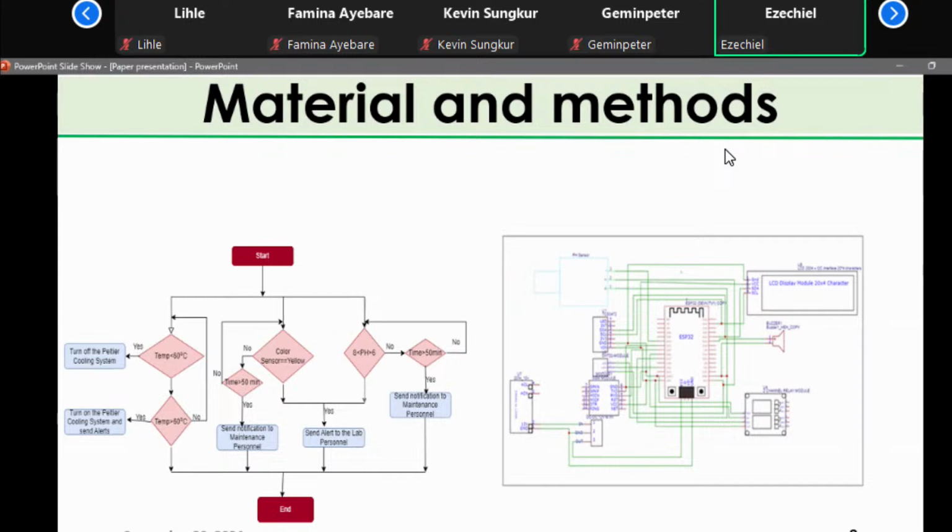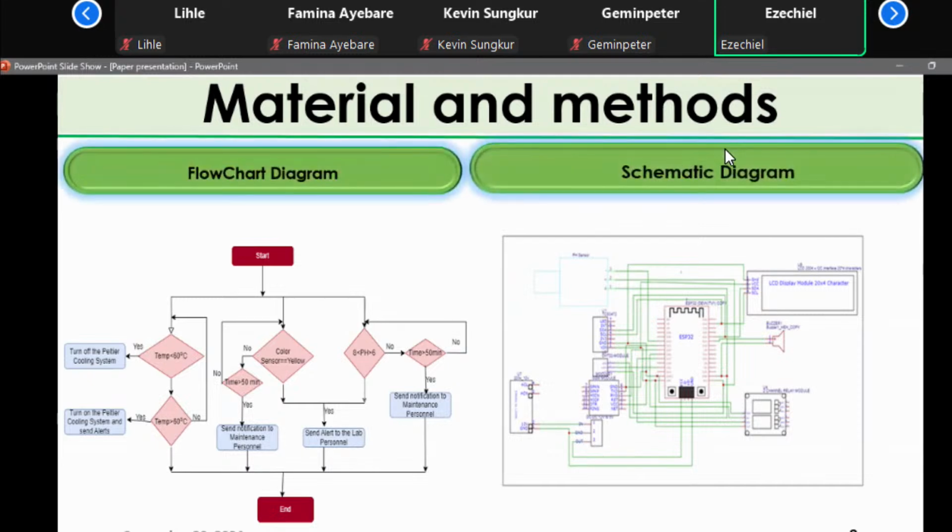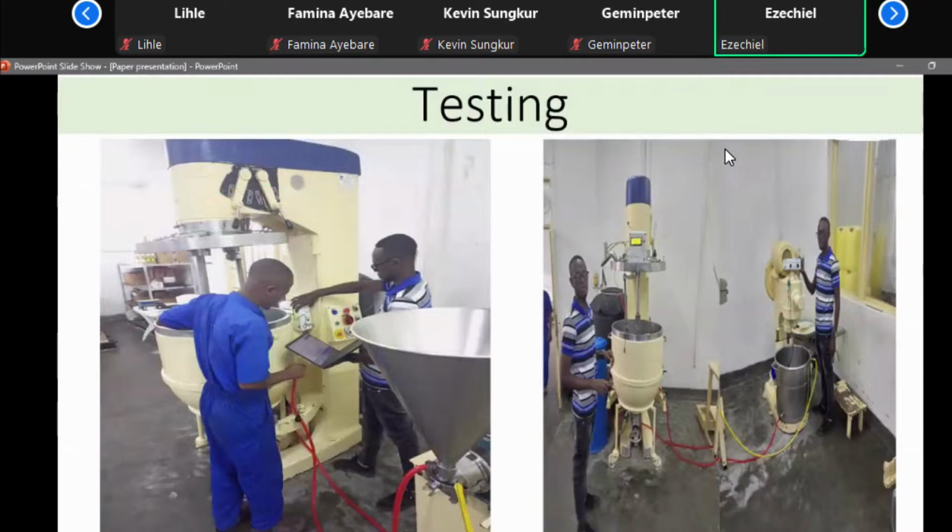This is also the schematic diagram, which shows how the components were integrated and everything. This is the test process where I